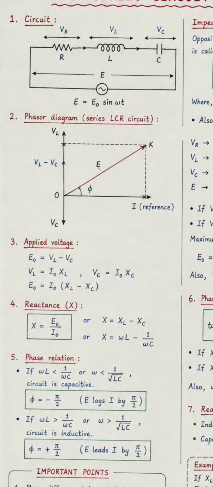And the next one is reactance. Reactance X is equal to E naught by I naught. E naught means nothing but voltage only, where X is equal to XL minus XC, or X is equal to omega L minus 1 by omega C, which means inductive reactance omega L and capacitive reactance 1 by omega C. And the phase relation: if omega L is less than 1 by omega C, or omega is less than 1 by root LC,